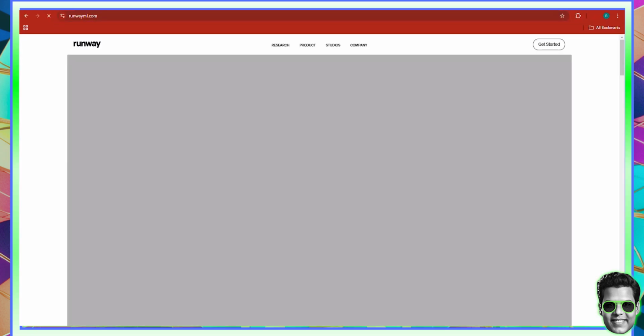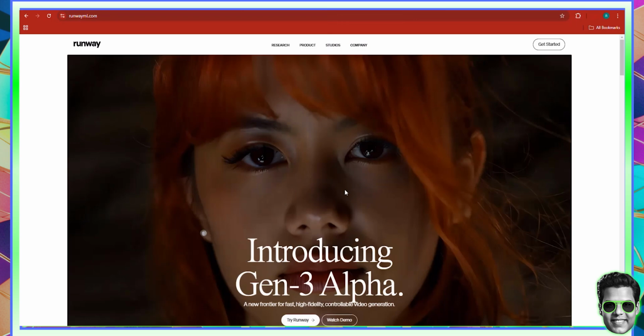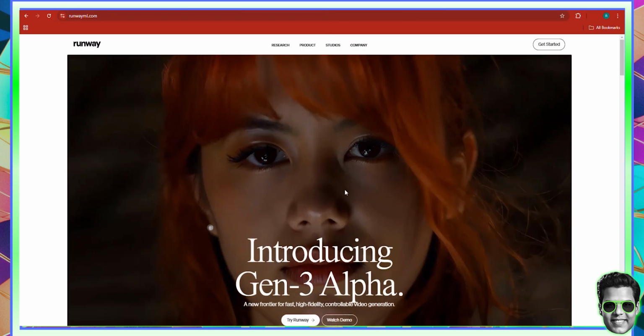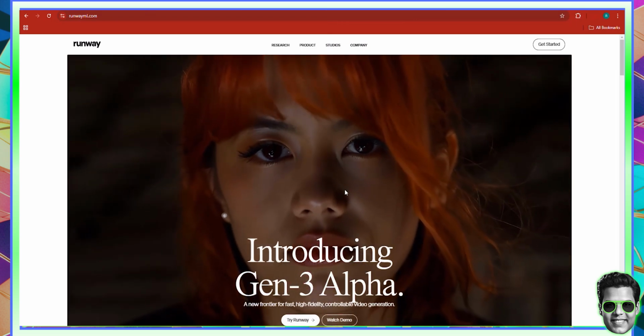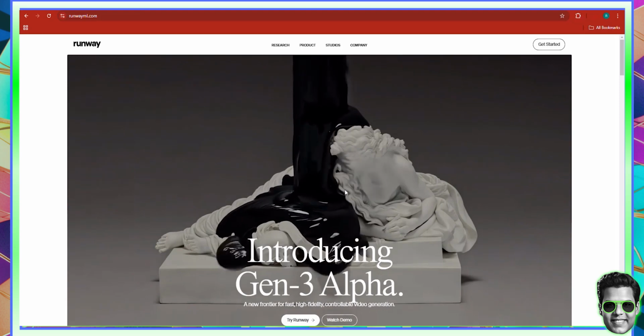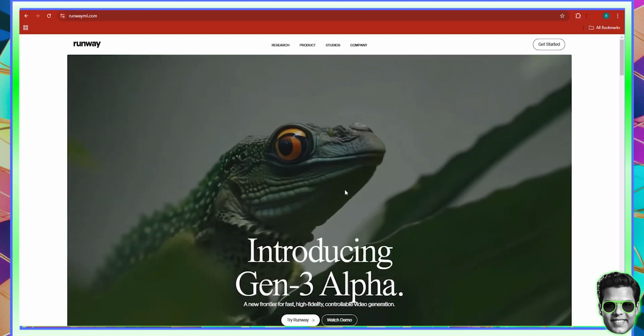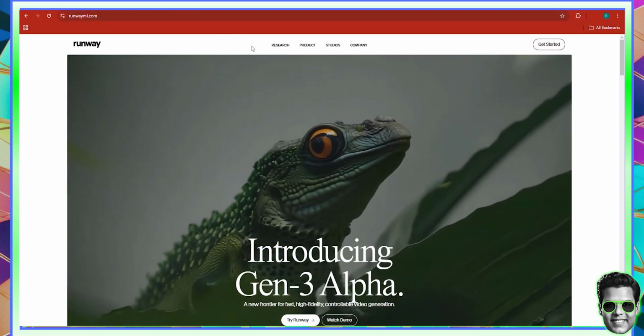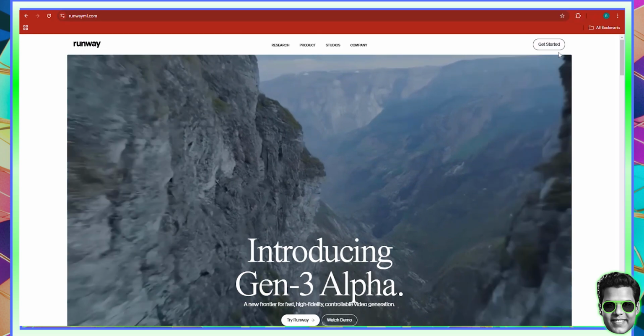is Runway ML and actually creating a video based off your character. So you can actually go to Runway ML and take the character to the next level by animating the character and making the character into a real person. So I'm actually going to go and log into my Runway ML